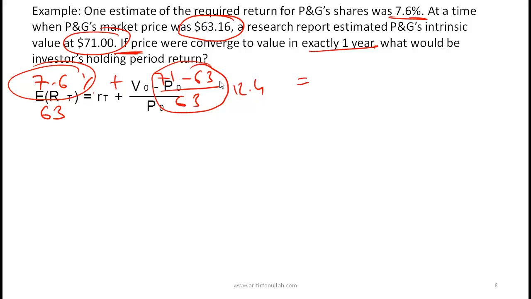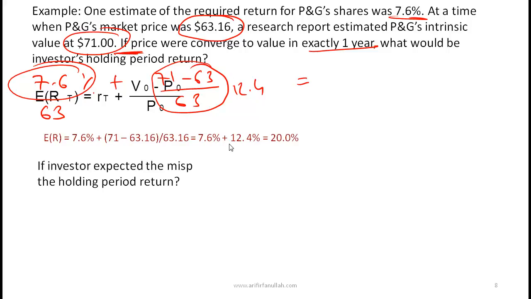Now, what if... so that's actually the working. And I'm not making this up, I'm just using the curriculum numbers. If the investor expected the mispricing to disappear in 9 months, what would be the holding period return? So again, now the holding period is actually less. Do it. No, the holding period return. So what do you think the holding period return will be? So what the mispricing